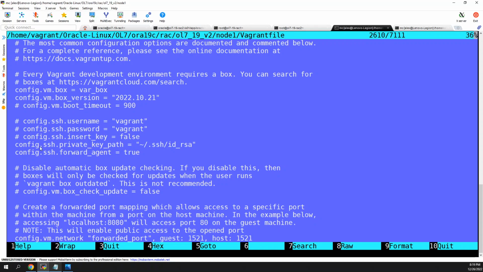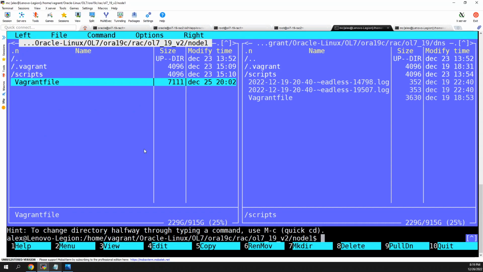I've added config.ssh.private_key_path, and I've activated the SSH agent. Why? Because in order to be able to install Oracle Grid and Oracle database software automatically,